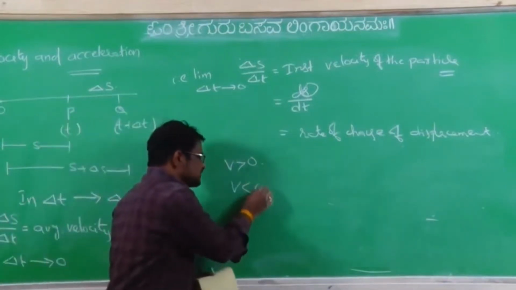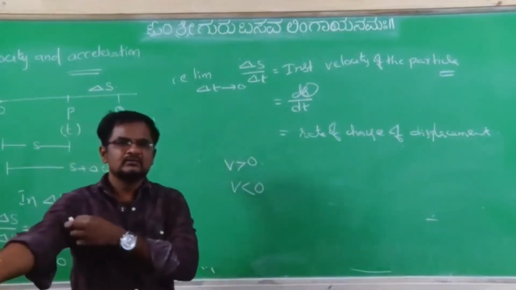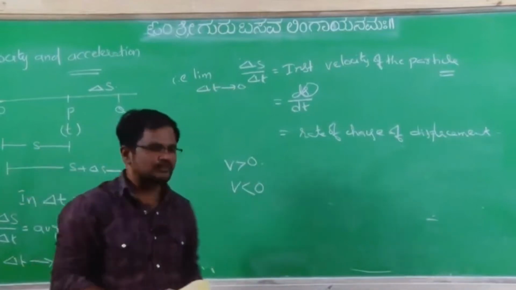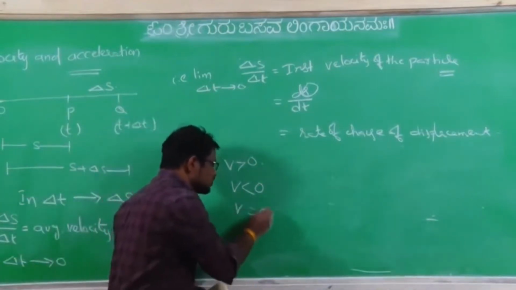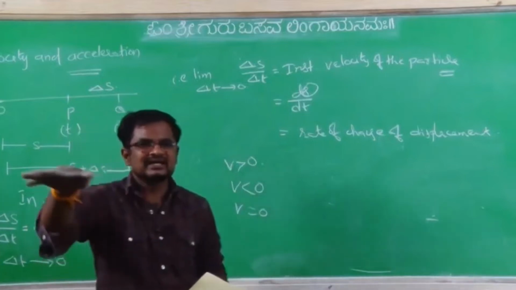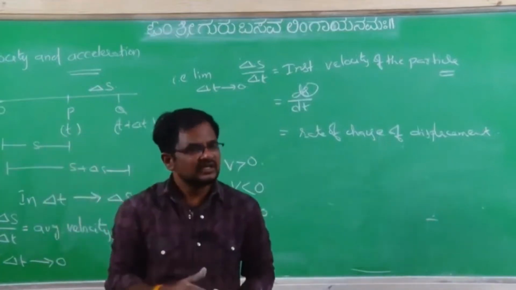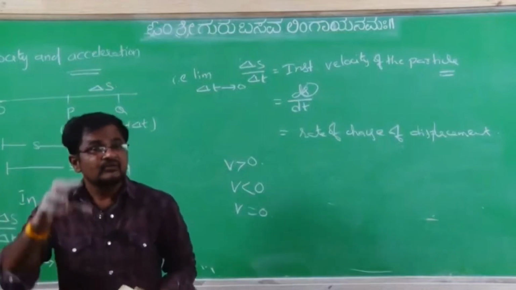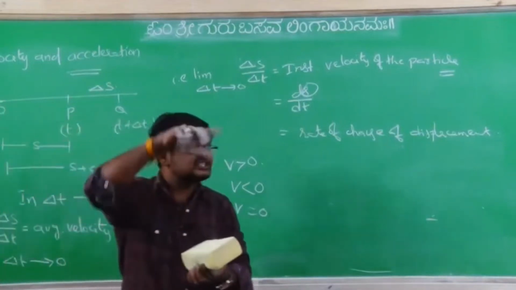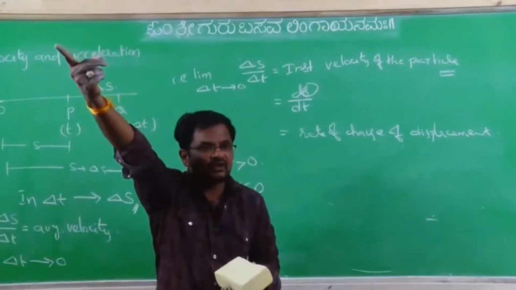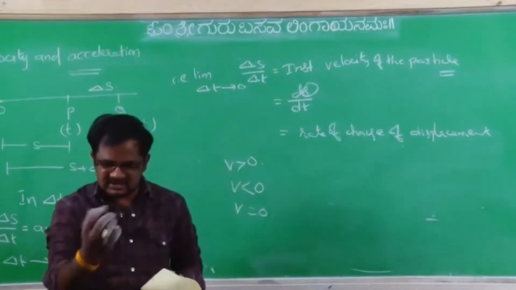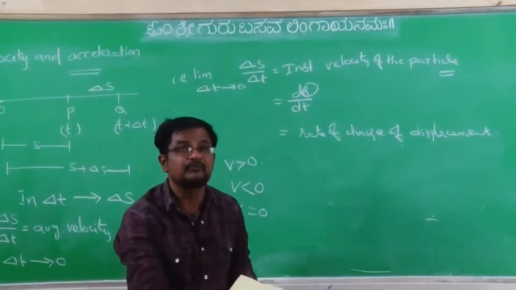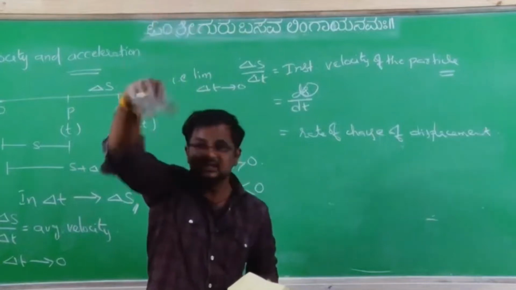If v is less than 0, the particle moves towards the fixed point. And v equal to 0 means the particle moving on a straight line comes to rest and the distance becomes maximum, where the particle changes its direction. For example, when a stone is thrown vertically upwards and reaches maximum height, then